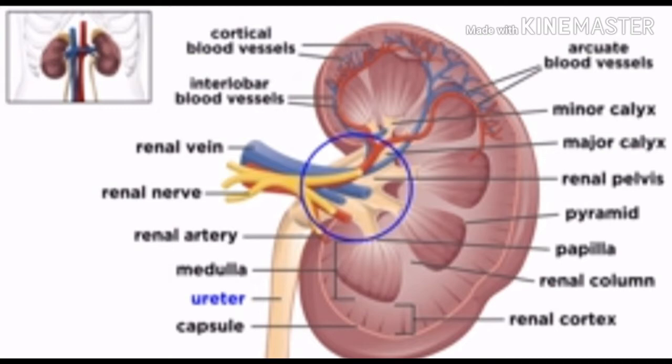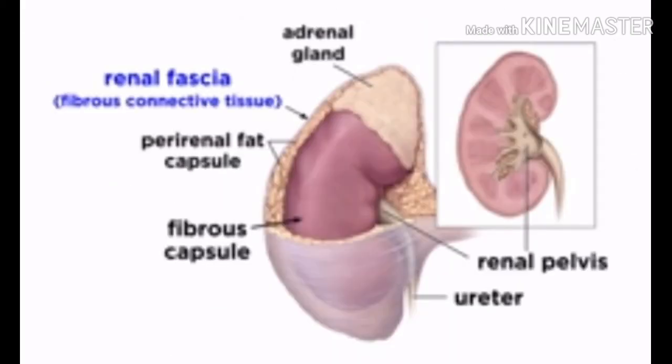On top of each kidney, we can see the adrenal glands. Supportive tissue surrounds the kidneys. It is made of three layers. First, the outermost renal fascia, made of fibrous connective tissue that secures the kidneys in place. Then the perirenal fat capsule that cushions the kidney, and the innermost fibrous capsule that prevents infection from spreading to the